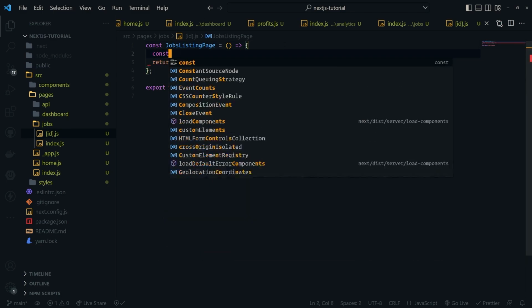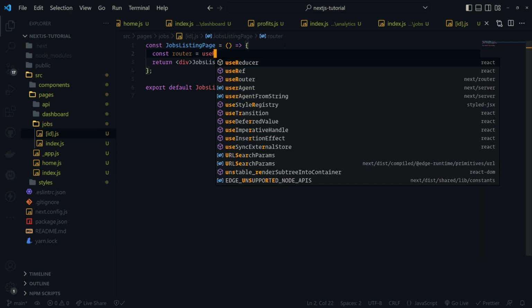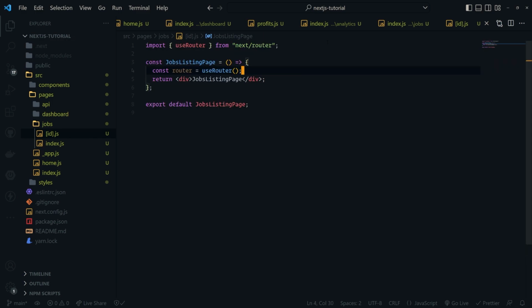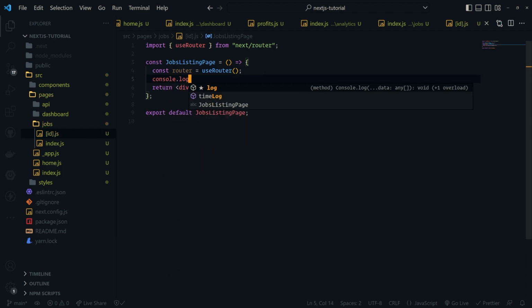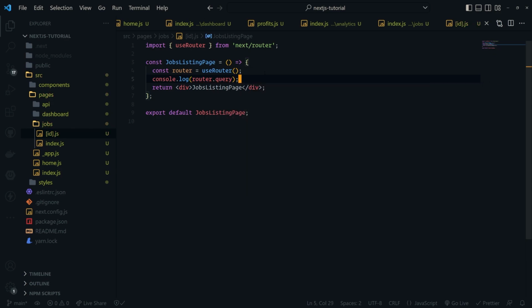So what I'll do is I'll create a variable called router, and then we'll call the useRouter hook, and it comes from the next/router package. As you can see, it is imported up over here. With the useRouter hook, if I reference router.query, this will actually give you the route